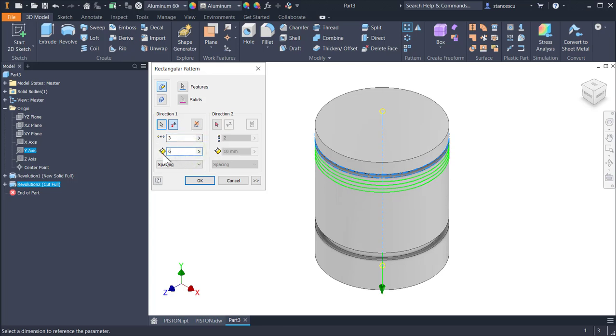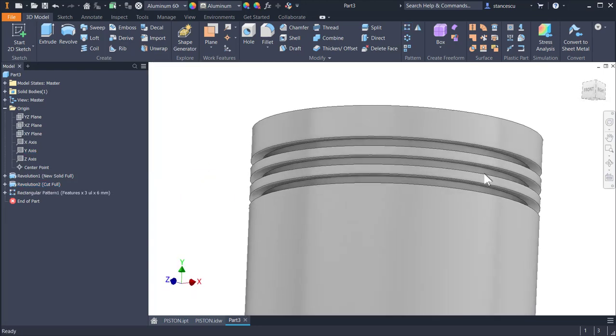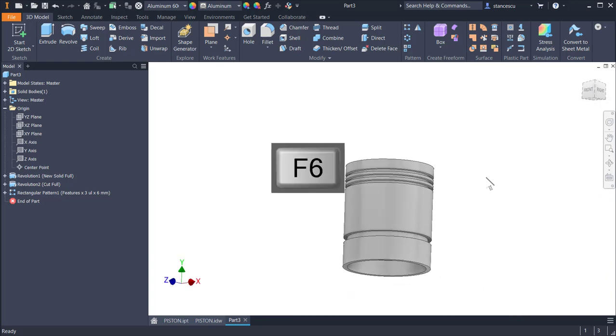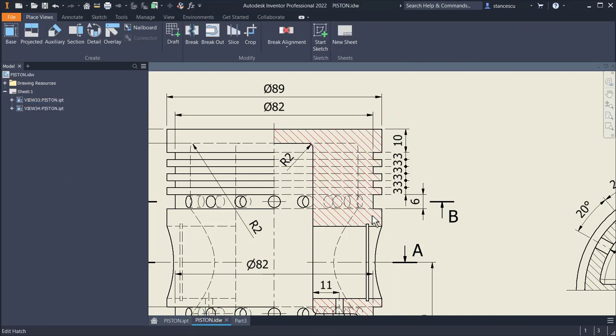The step between this is 6. Now you see what I have here. We go to the last channel, which is 6 millimeters,